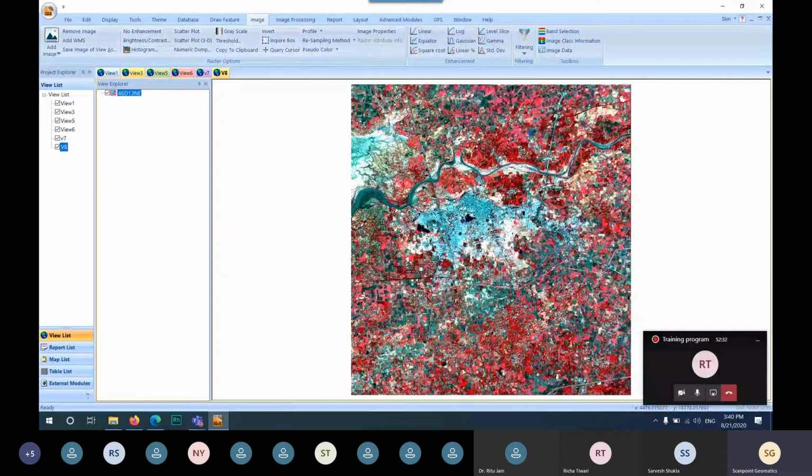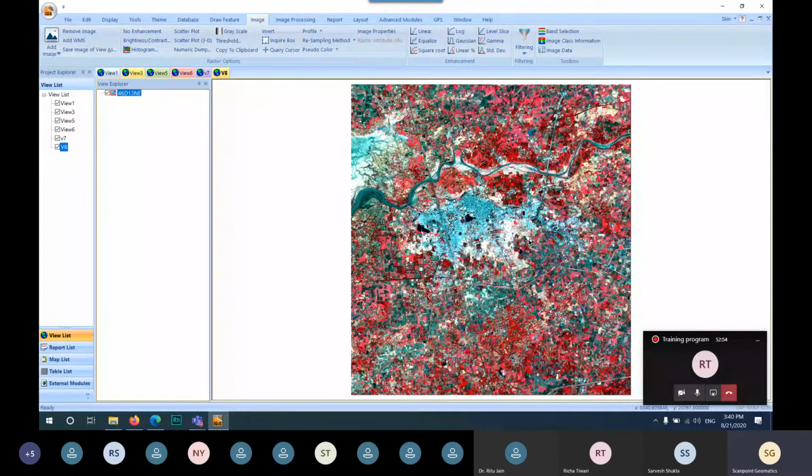As we open our raster data, the very first thing is to know your image. What is your image, what does it contain, how does it look, what is its size, and all the stats information. All these things are important for further analysis.